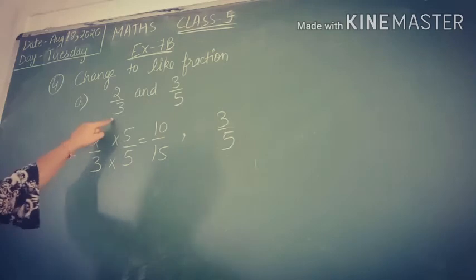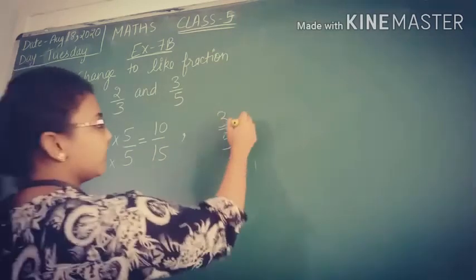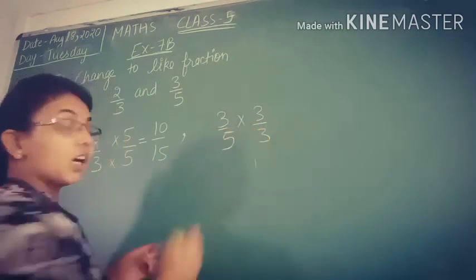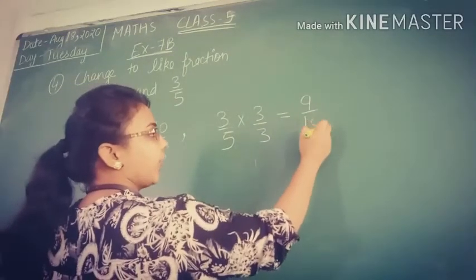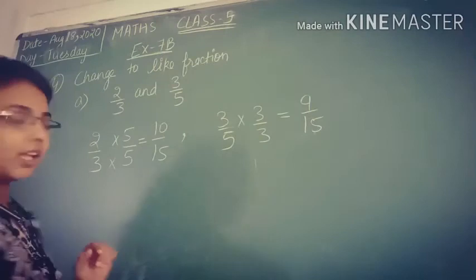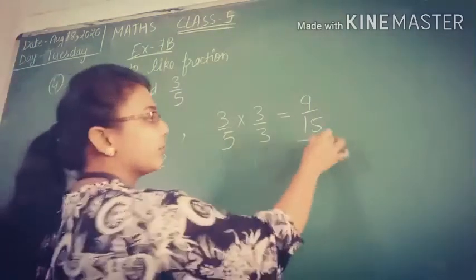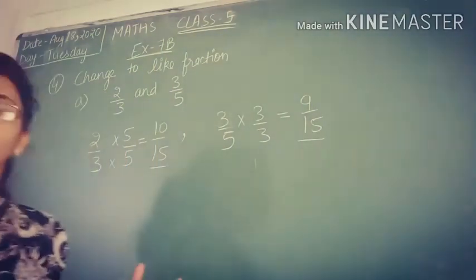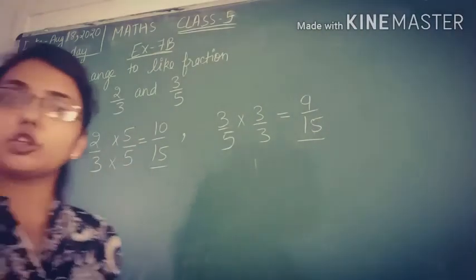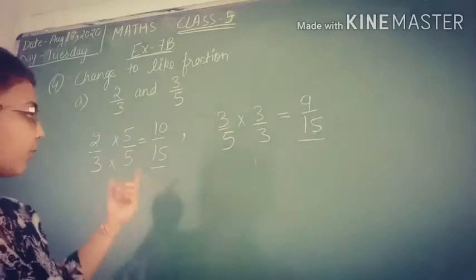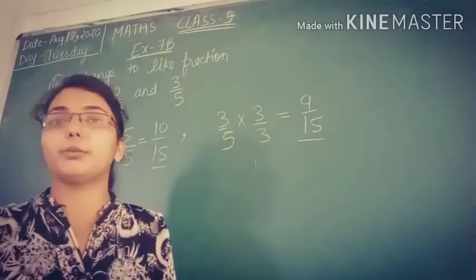एंड अगर इस वाले नंबर में 3 इज द डिनोमिनेटर so multiply the whole other fraction with 3 in denominator and numerator both. You will get 9 by 15. So can you see that 10 by 15 and 9 by 15 both are having same denominators. Therefore we get the answer. हमें आंसर मिल गया because we need to convert them into like fractions, and like fractions with equal denominator, we are able to find out.